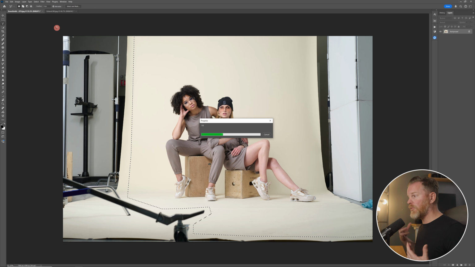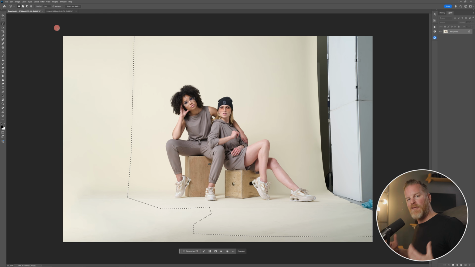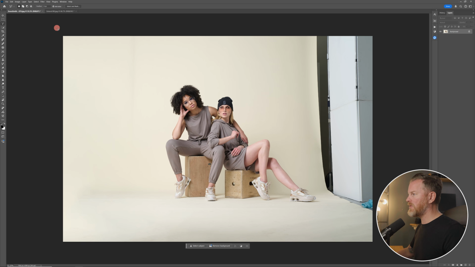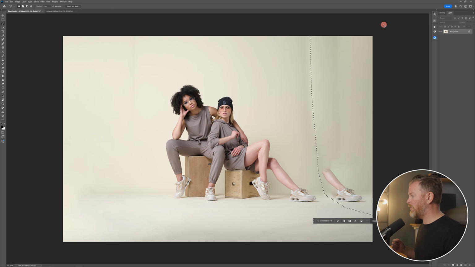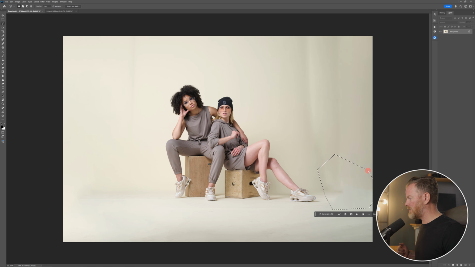It will go through, it will remove a lot of these distractions, but it doesn't create the perfection that I'm looking for. So what I'm gonna do is I'm gonna come over here now and I'm just gonna select this same side and click through that, content aware fill that. And once it processes through, again, this is something that I run into, it's pulled one of her feet and made that part of the background as well. So I'm just gonna select that out and we'll content aware fill that out, and hopefully that gets rid of